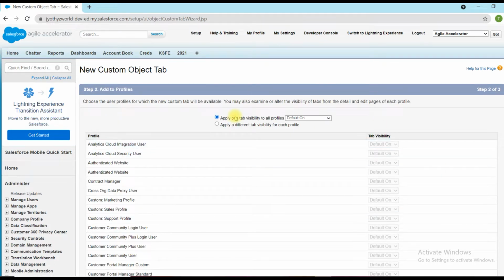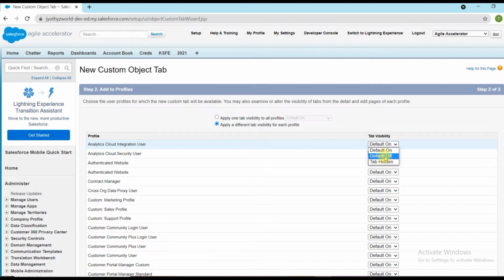This is the option for the availability of this particular object tab for these profiles. Default on is provided. Default on means it will be available for all the profiles. We can individually select based on our demand, like we can make this default off.